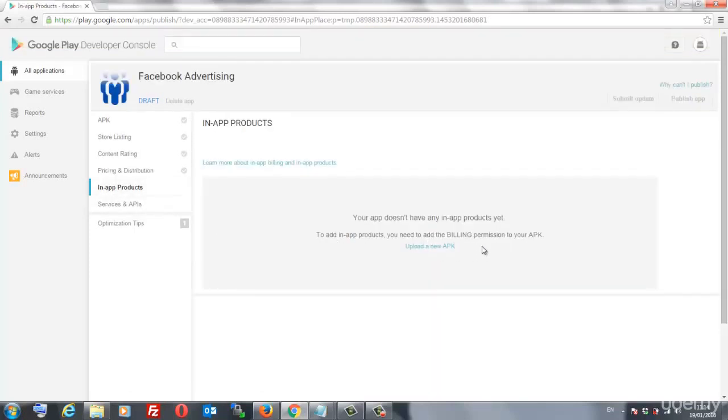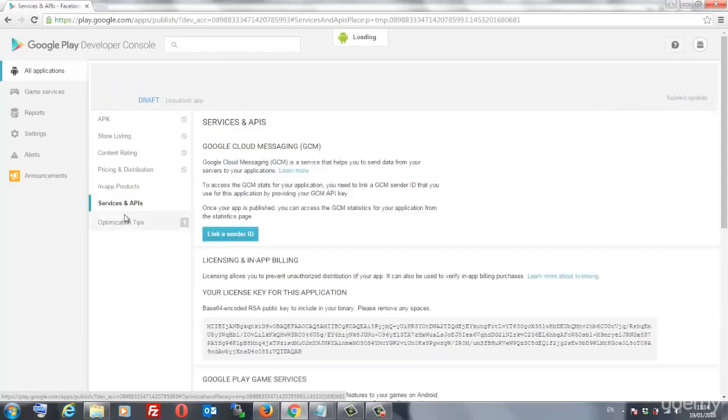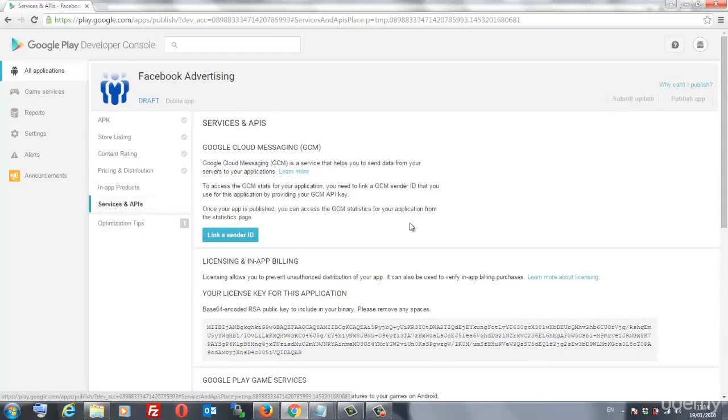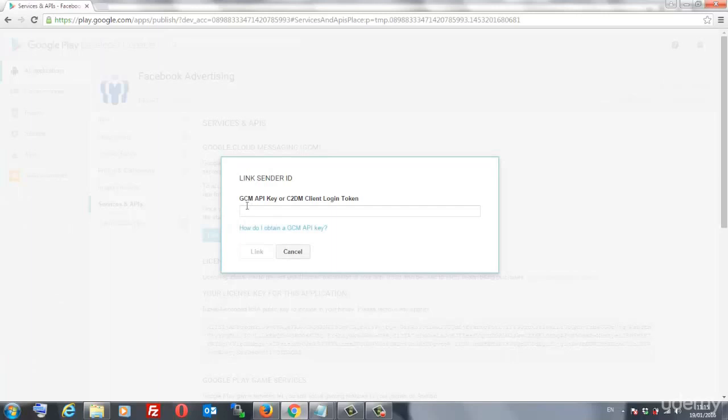Now you need to upload your APK file prior to selecting the in-app product or in-app purchase. If it's free, then that will not be relevant to you guys. Click on Services and APIs. Now if you want to use push notifications, then you need to link a sender ID and you need the GCM API key, and you'll find that in